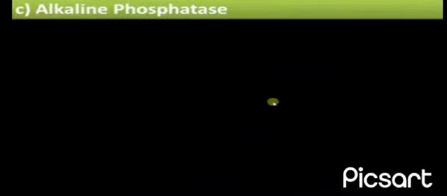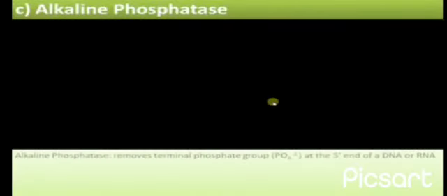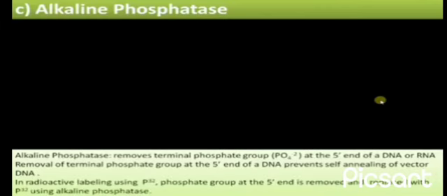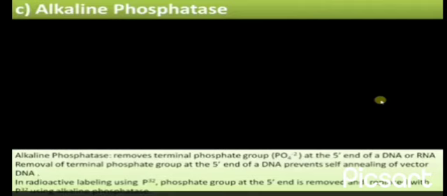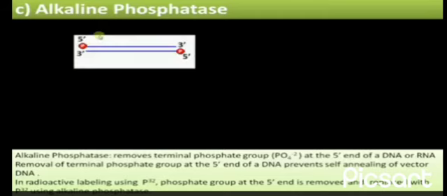Then we have the alkaline phosphatase. This alkaline phosphatase enzyme removes the terminal phosphate group that is present at the 5' end. So what we basically do, we use radioactive labeling so that we can radiolabel the phosphate with the